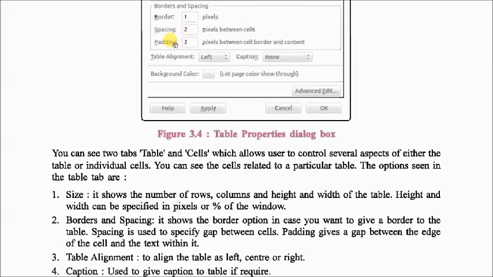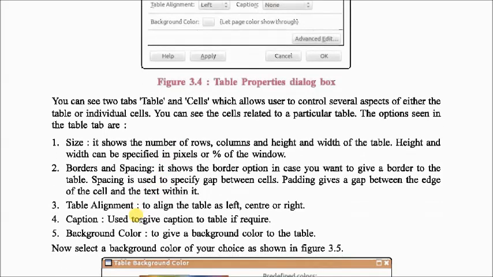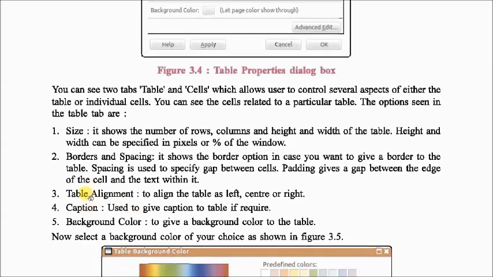Padding is the gap between the content you type and the edge of the cell, meaning the border of the cell, and if you want to specify that gap, you can use the padding option. We have already done all these options in HTML for tables: cell padding and cell spacing were the attributes of the table tag.